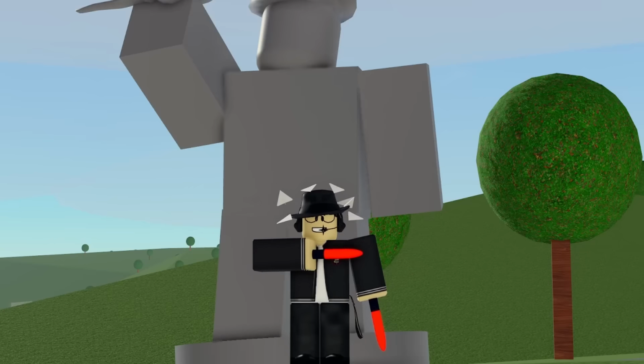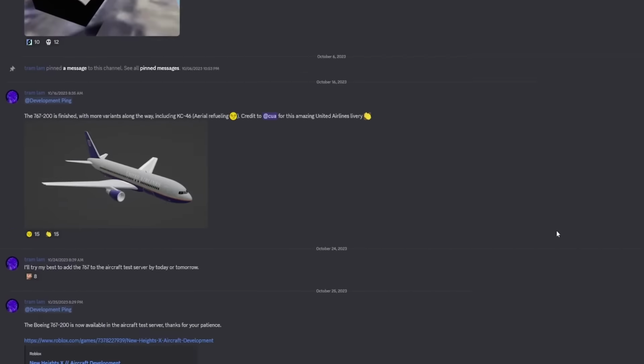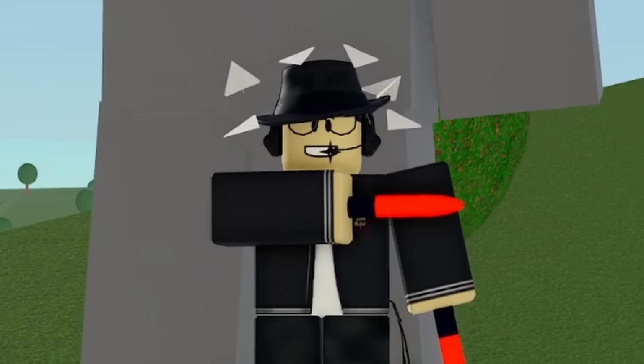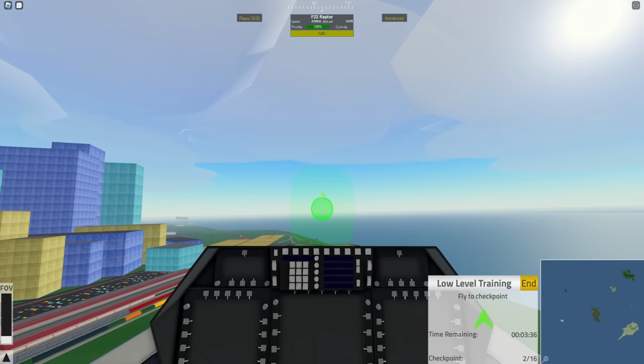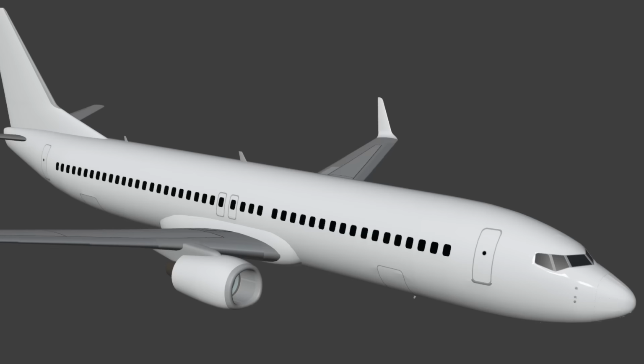Finally, the last one we're gonna go ahead and talk about today is New Heights X, and while their development has been a lot slower than the other flight sims on the list, I believe it's worth talking about because they got something special. NHX has 4 planes as far as I know being made or developed: the 767, 737-800,